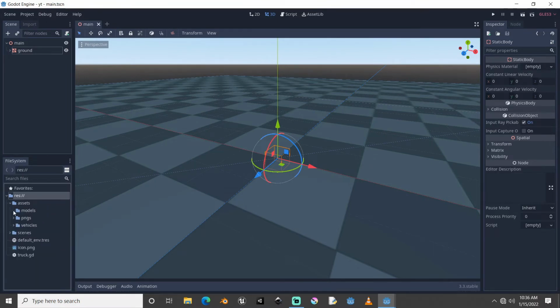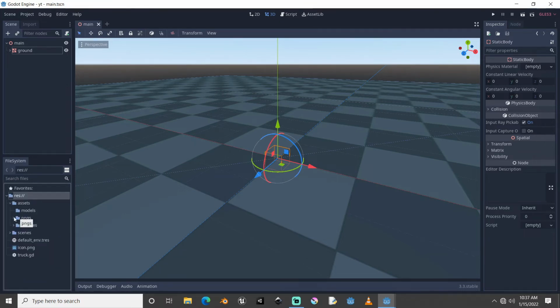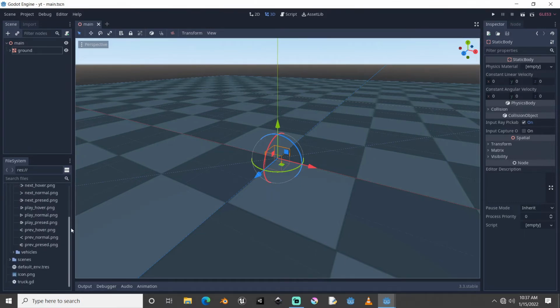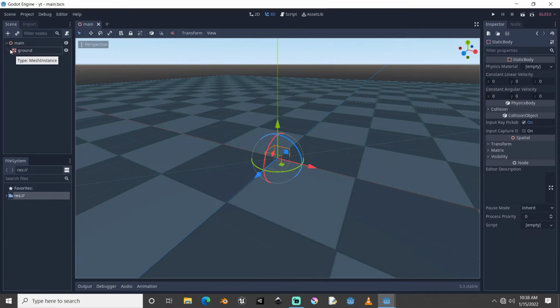In this current project, I've added a couple of things like images for our texture buttons, and I've created another two vehicle scenes, added another two vehicle scene levels. I created some folders to put my scripts in. So yeah, I'm going to start by creating a